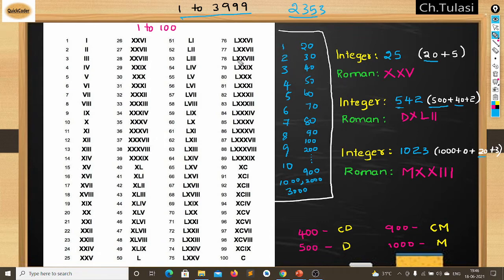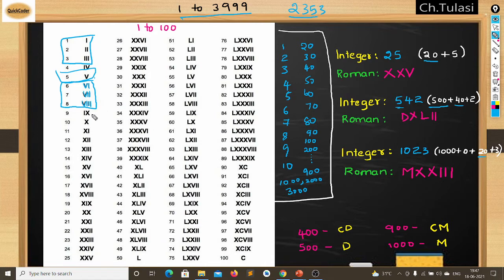So we do not need all the Roman numbers. We just require these Roman numbers, and these can also be minimized. See here, let's compare: 1, 2, 3 is just repeating in 6, 7, 8 also. And if you have 5, you can see 5 is repeating many times.